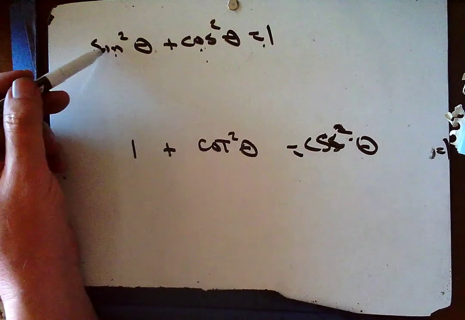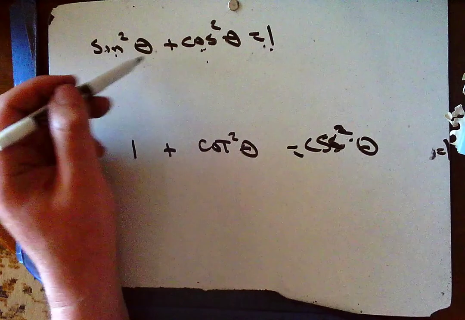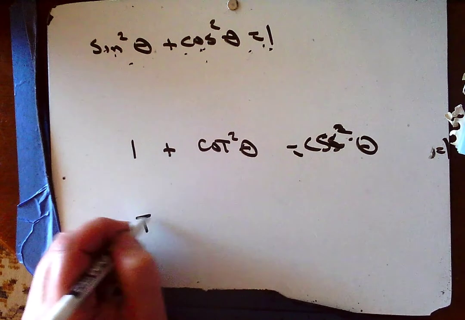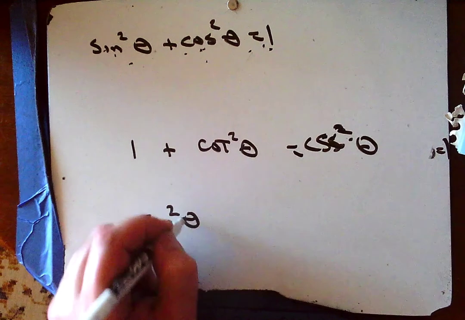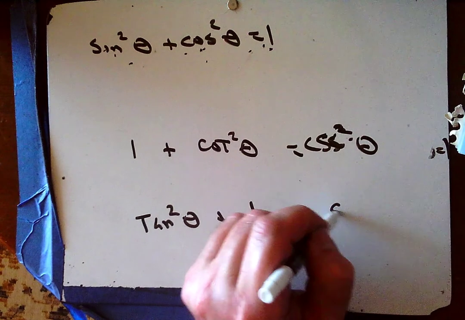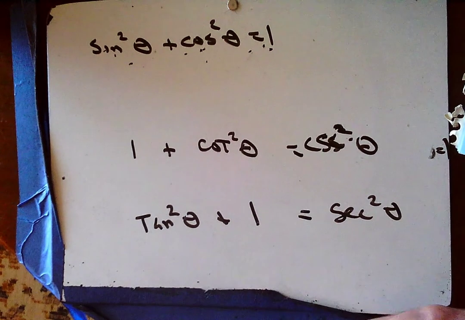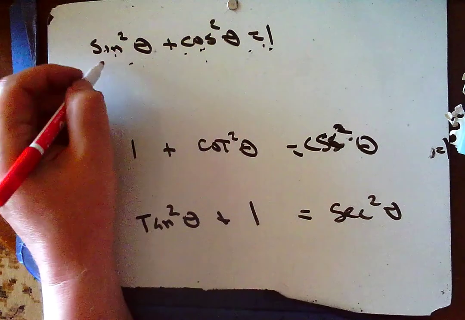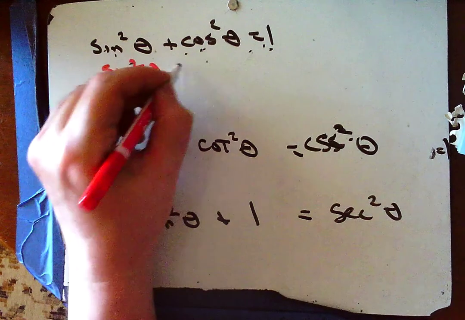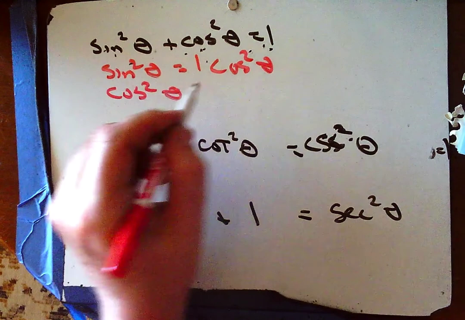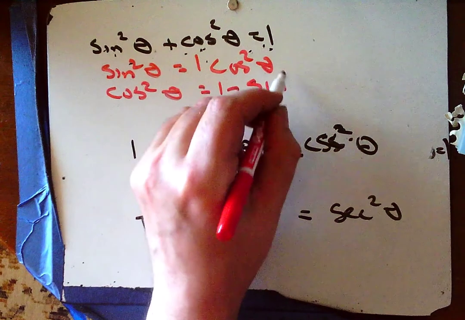And likewise, if instead of dividing everywhere by sine squared, I divide everywhere by cosine squared, sine squared over cosine squared will be tangent squared. Cosine squared divided by cosine squared is 1, and 1 divided by cosine squared is secant squared. So these are the three Pythagorean identities, but I also have to recognize the rewritten versions of them, like sine squared equals 1 minus cosine squared, or cosine squared equals 1 minus sine squared,